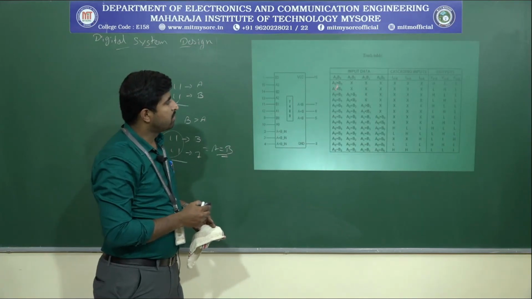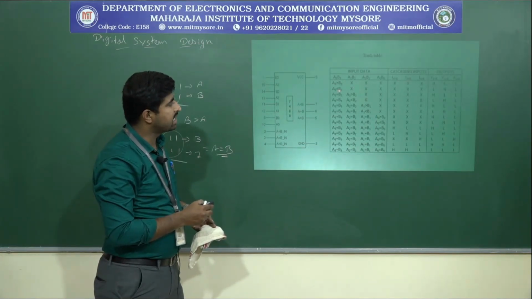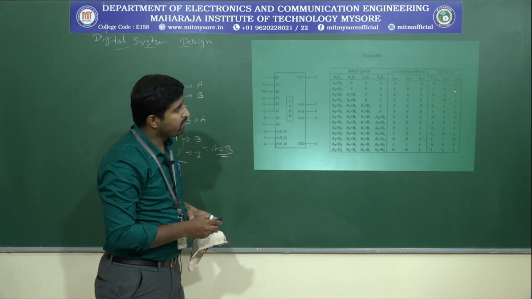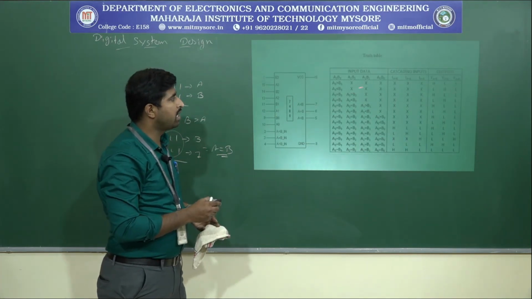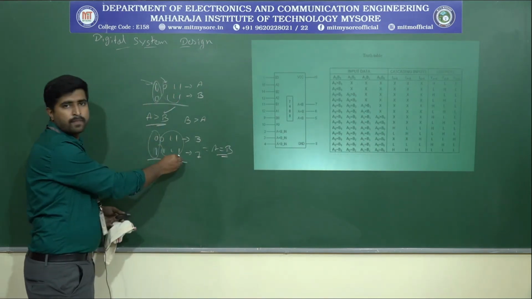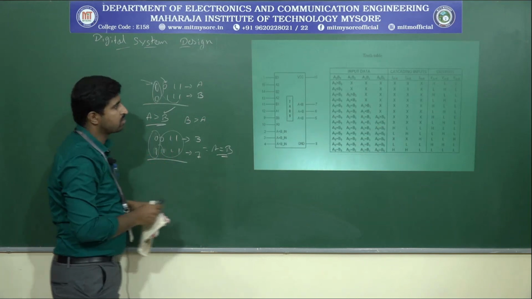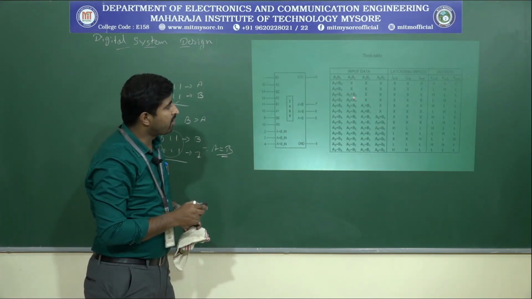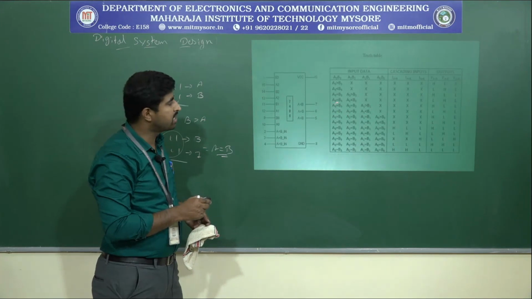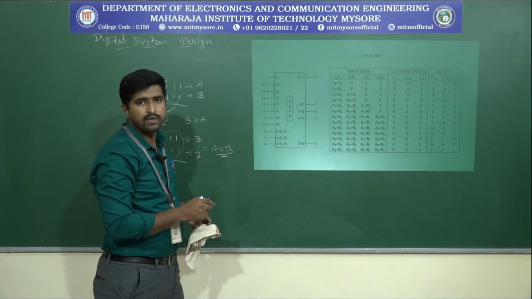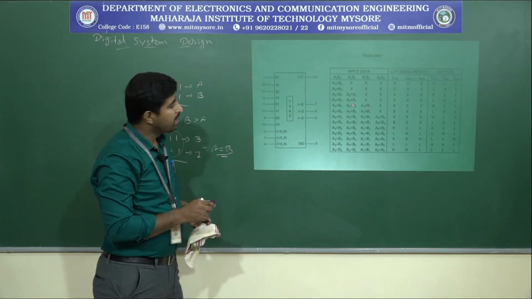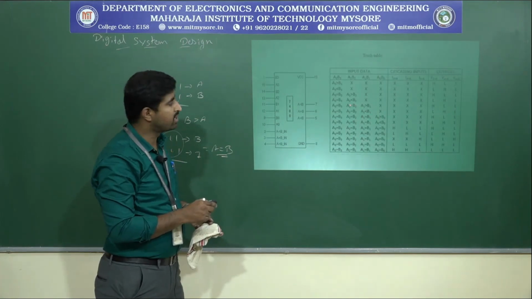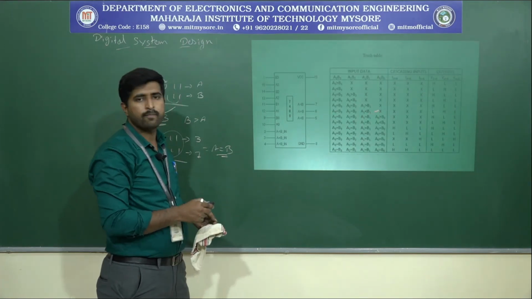When A3 is lesser than B3, the A lesser than B output will be 1, the remaining outputs will be 0, and there is no need to bother about the other three inputs. If A3 equals B3, then we need to look at A2 and B2, whether A2 is greater than B2 or A2 is lesser than B2. Similarly, if A2 and B2 are equal, then we look at whether A1 is greater than B1 or A1 is lesser than B1. I hope you understood.